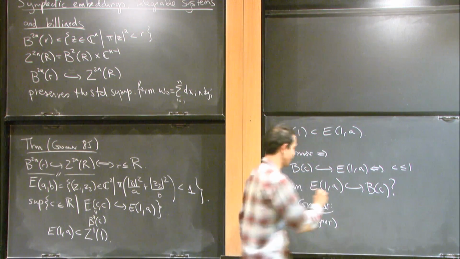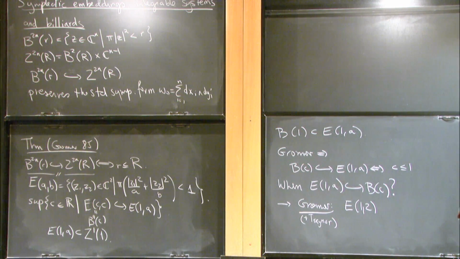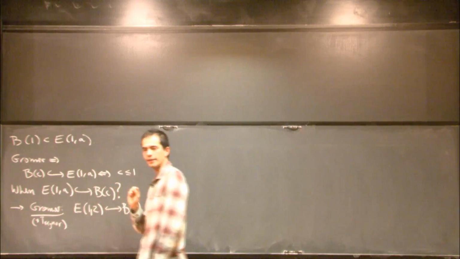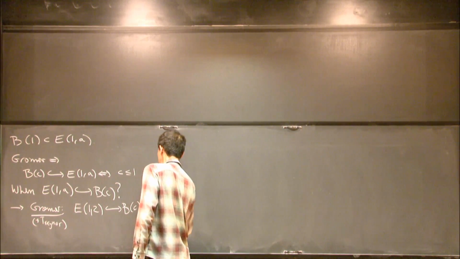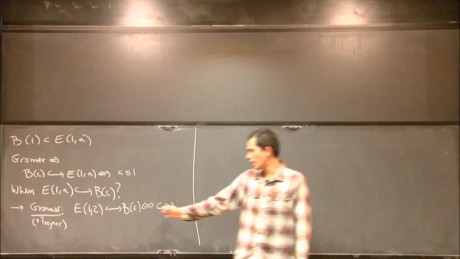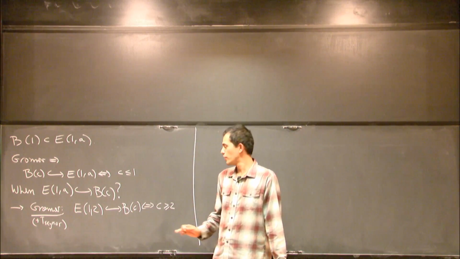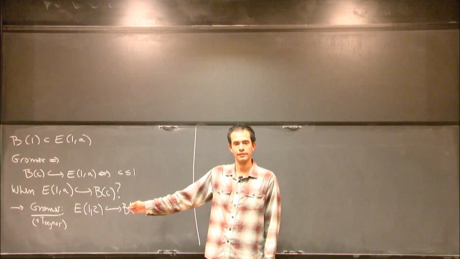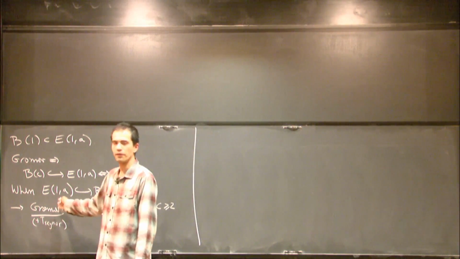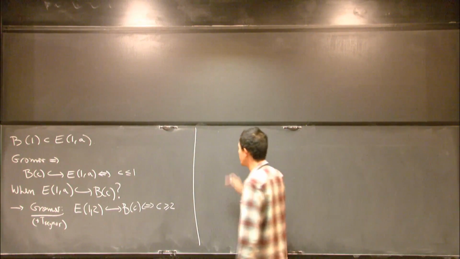Basically this tells you that for the case c equals 2, you cannot do better than inclusion. So E(1,2) only symplectically embeds into B(c) if c is at least 2. So basically, you cannot squeeze this any more than what you can do by inclusion. So this is complete rigidity, just like in Gromov's non-squeezing. And this is basically a consequence of things that are in the original paper. But then, on the other hand,